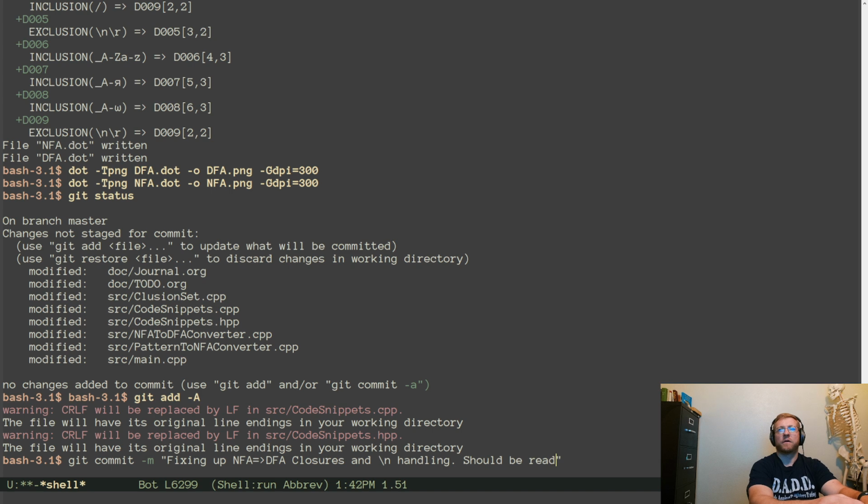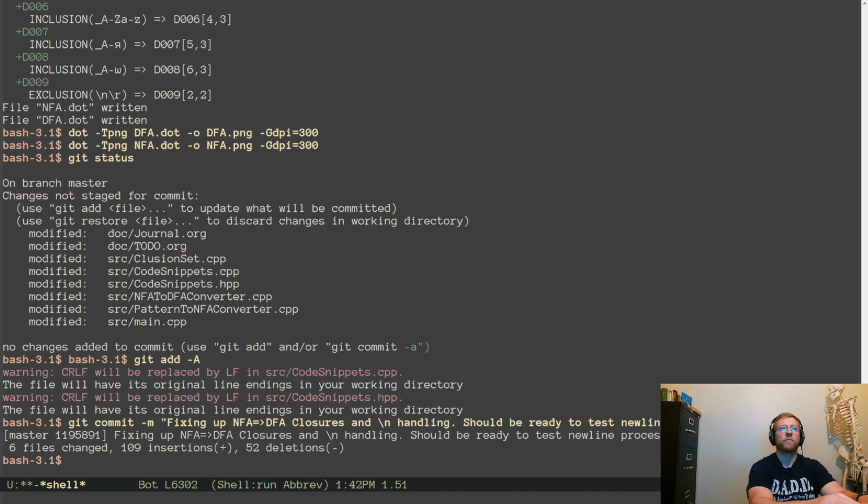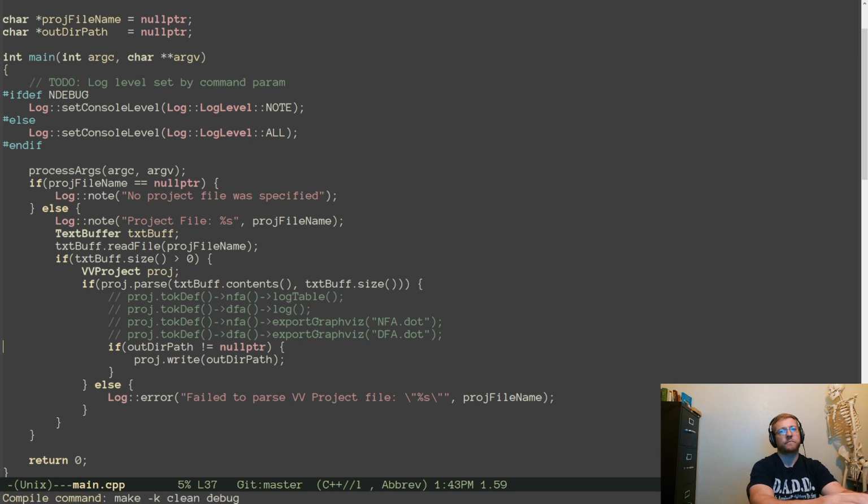Should be ready to test inline processing. Okay, now inline processing. We've got 15 minutes, then I gotta go.